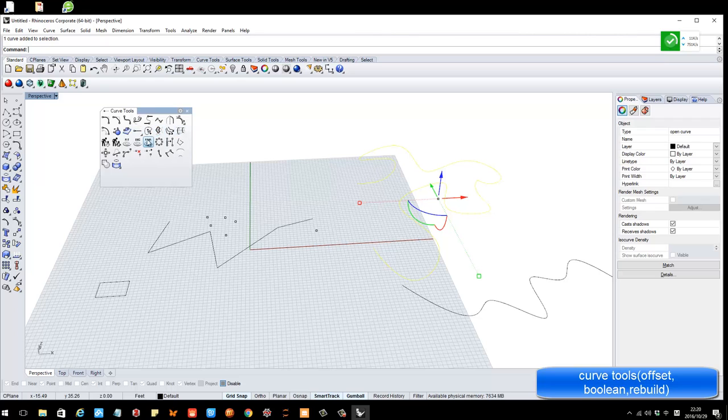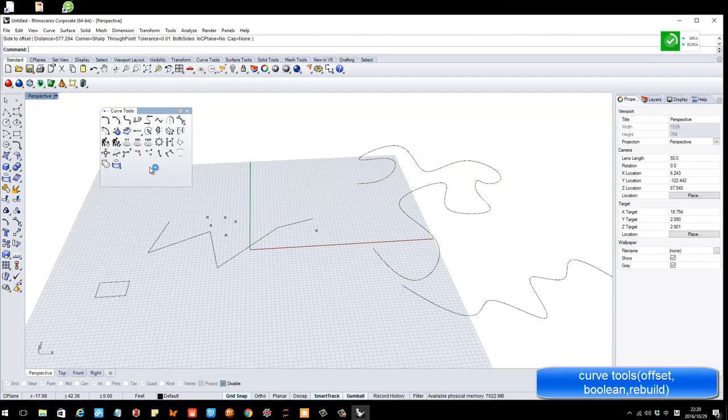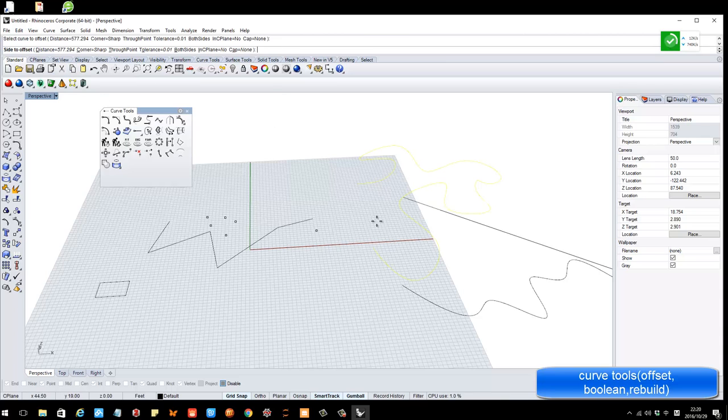Okay, it's a lot of stuff, but you don't want to use that much. Sometimes not everyone is useful. Usually offset is really important. How it works is you just click the tool offset, and they will have this kind of notification pop up to remind you what you're gonna do, and you just click here. It says select curve to offset. You just click the curve,